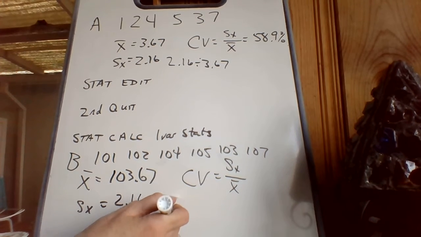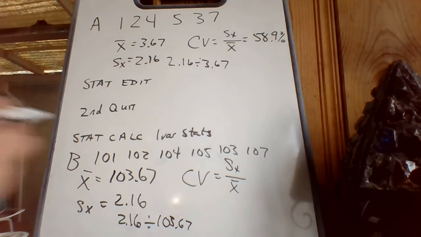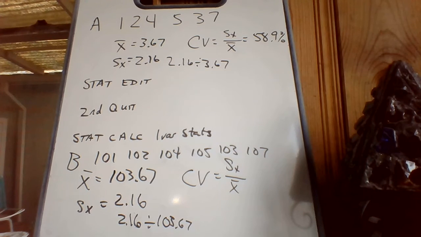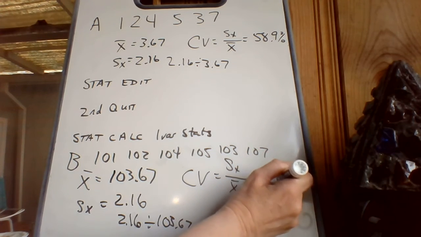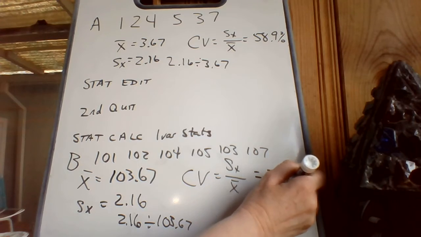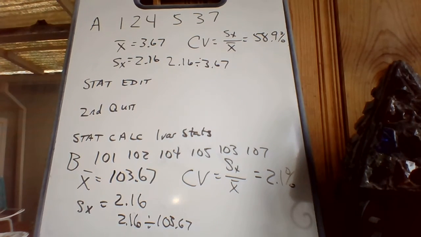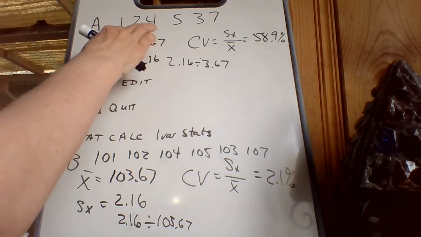All right, then I'll do the other one, Sx 2.16 divided by 103.67. That's 0.0208. Okay, so I'm going to call that 2.1%. These two things had exactly the same standard deviation, which isn't surprising really because they're actually the same numbers